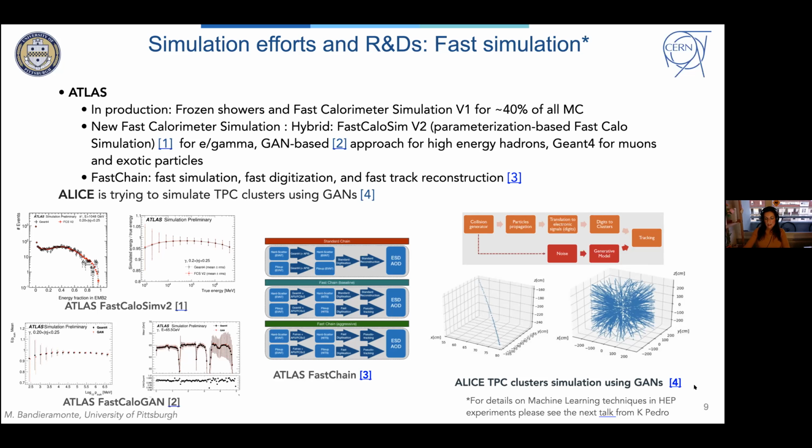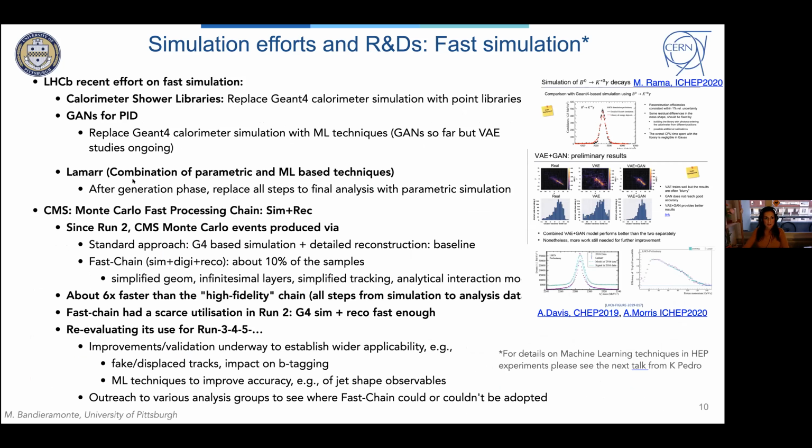Similarly, LHC experiments are pushing lots of research in machine learning, trying, for example, to simulate TPC clusters using GANs. Very active in this respect is also the LHCb collaboration, with development of calorimeter shower simulation, shower libraries, specifically point libraries. They are also developing GANs for PIDs and exploiting variational autoencoders. And they are also working on this new Lamarr approach, which will be a combination between parametric and machine learning